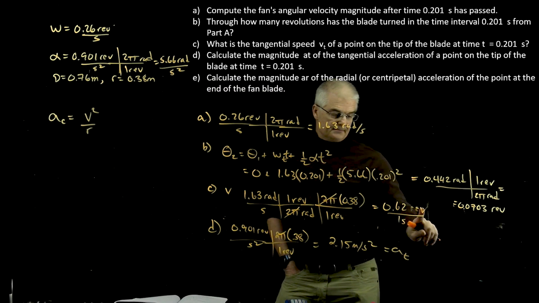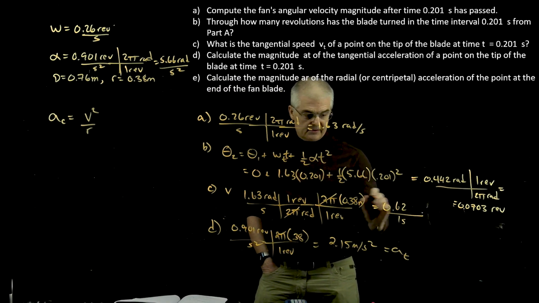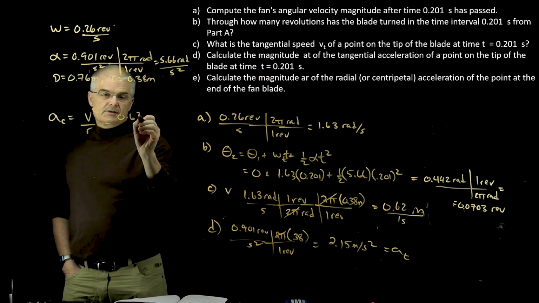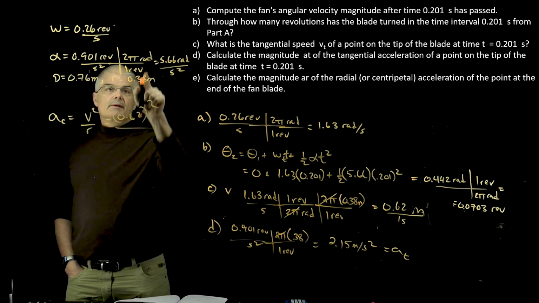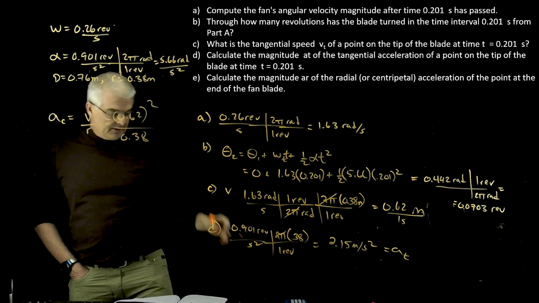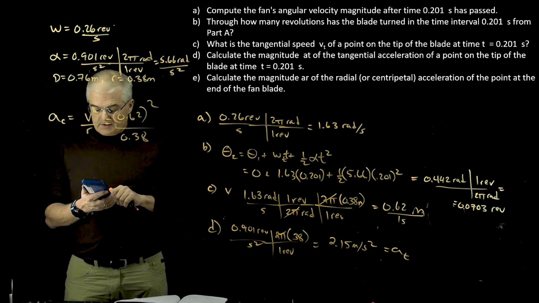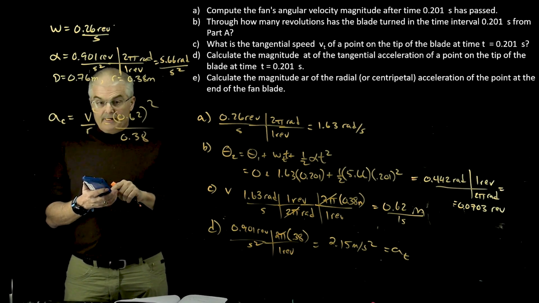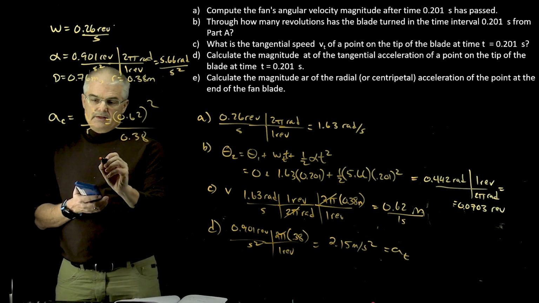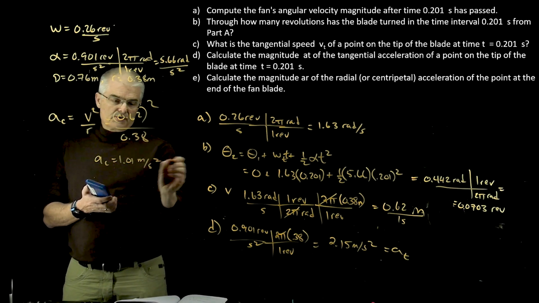Oh, this is wrong. This is in revolutions per second, because this is in meters. This is in meters per second. So you would take 0.62 squared divided by your radius, which is 0.38, and you get 1.01. So the centripetal acceleration is 1.01 meters per second squared,